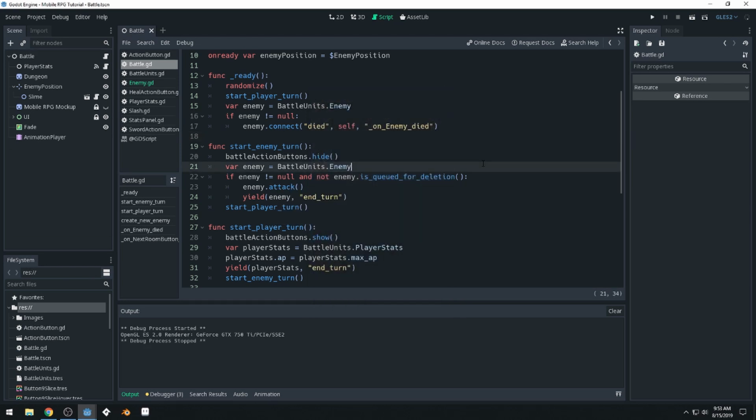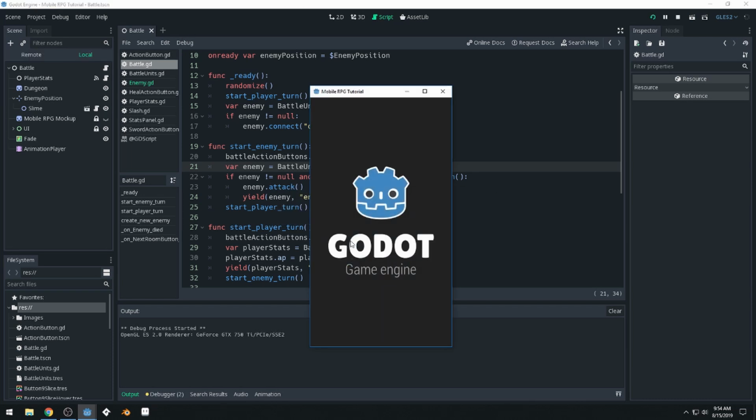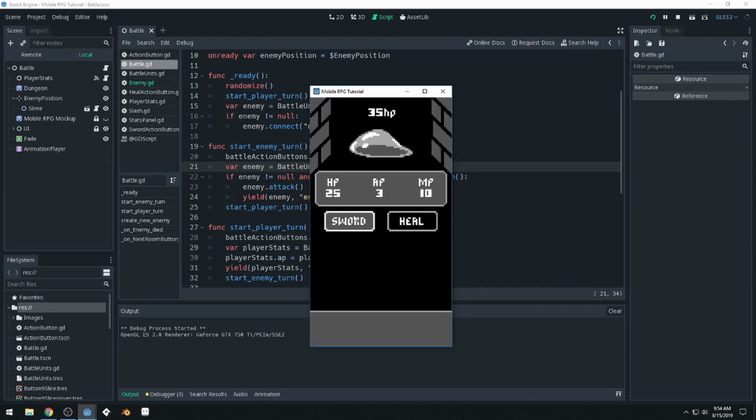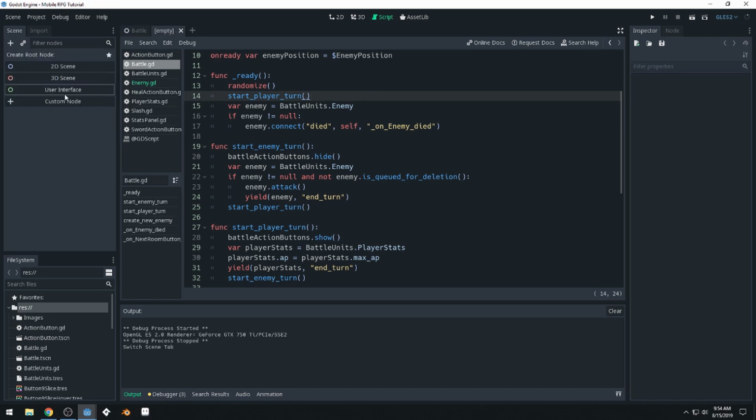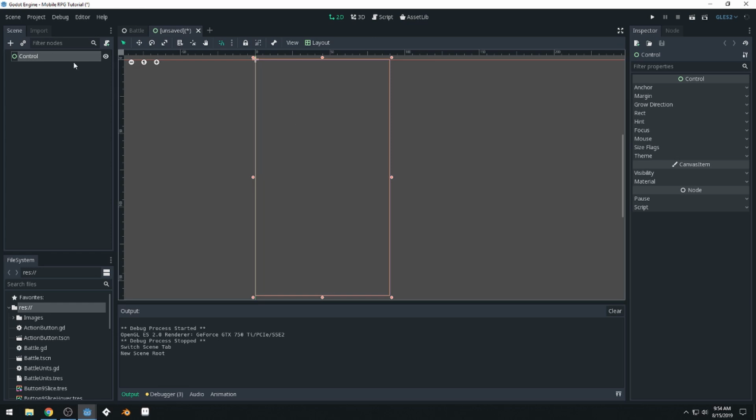Okay. So the final thing we're going to add to the game is a new hover control that will allow us to detect if the mouse is hovering over something and then display some text down here if we're hovering over it. So we'll probably add one for the sword, one for the heal, and one for the enemy, for the 2 enemies that we have. So we'll create a new scene and we'll do a user interface scene